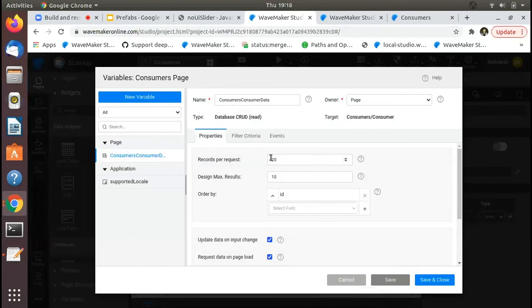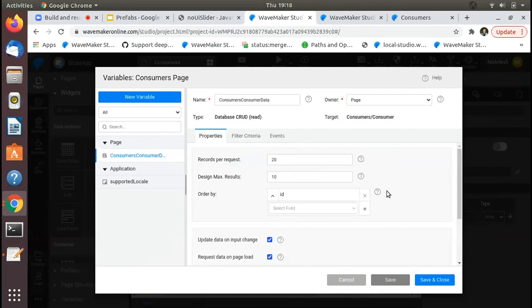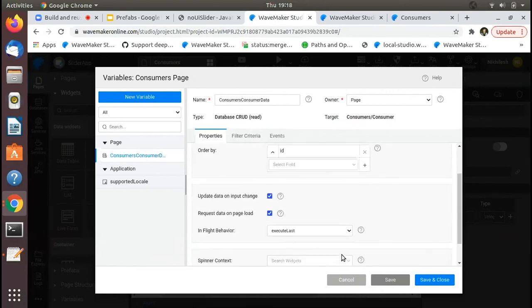What this flag does is if anything inside our input parameters changes, it re-triggers the variable. So we are checking if these properties change, and as soon as they change, the variable will be re-triggered. And that is how the table is getting refreshed. I hope that answers your question.